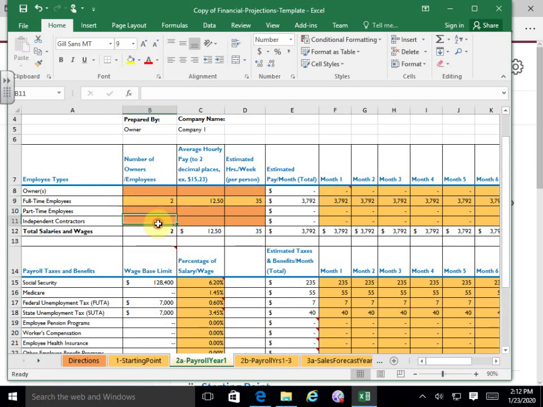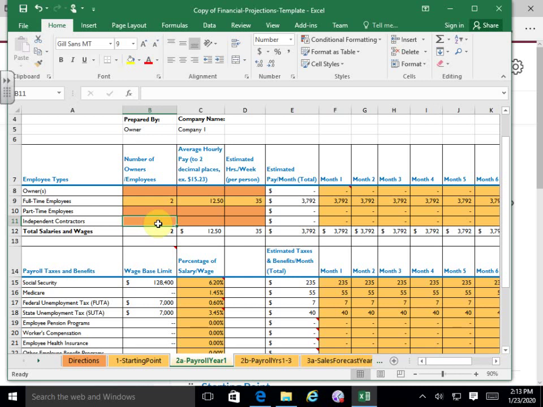Okay. Independent contractors, you may have some independent contractors that work for you on a regular basis. Some pizza places, their delivery people are independent contractors. Okay, some of them are. Okay, so you might have something like that. Okay, most of you probably wouldn't have independent contractors. They're going to be kind of steady. Yeah. Are like website developers considered independent contractors? They might be, and don't confuse that though with an expense. Okay, and that's a little bit of a gray area.